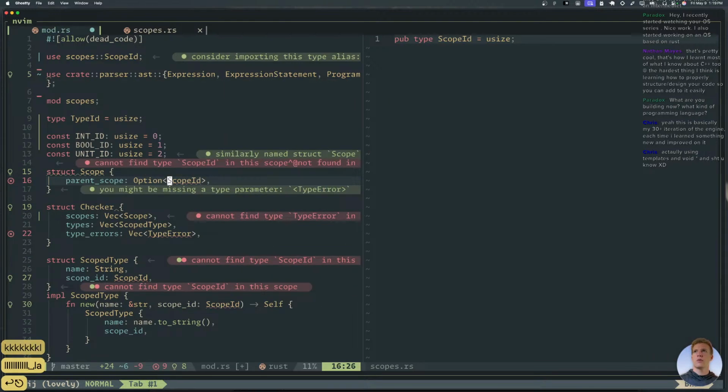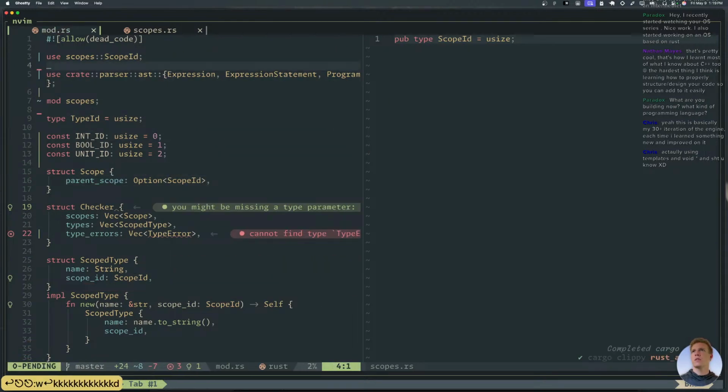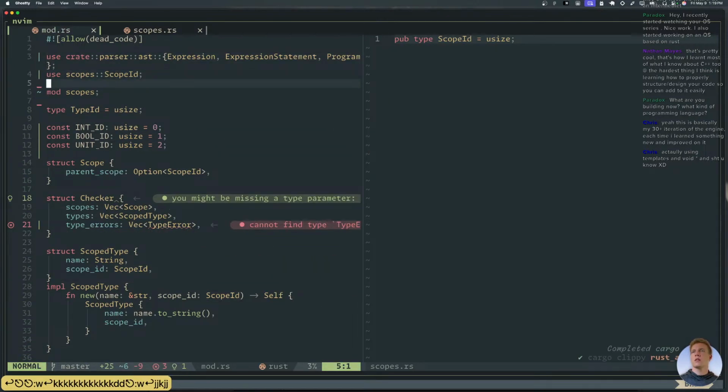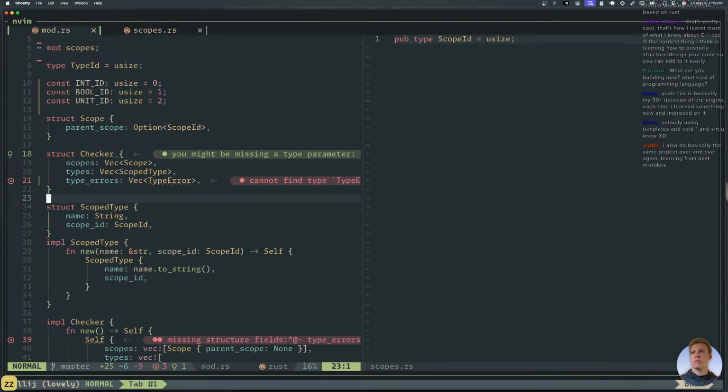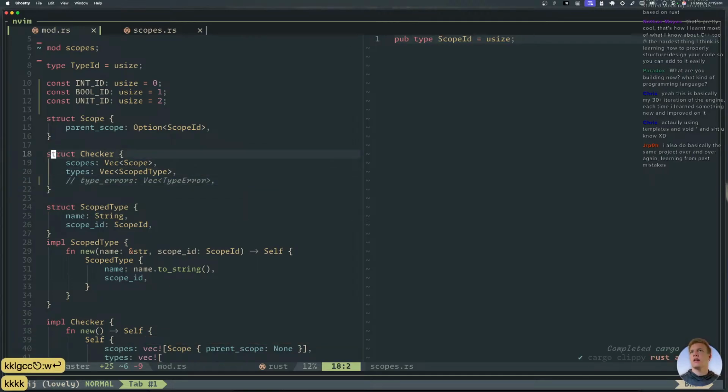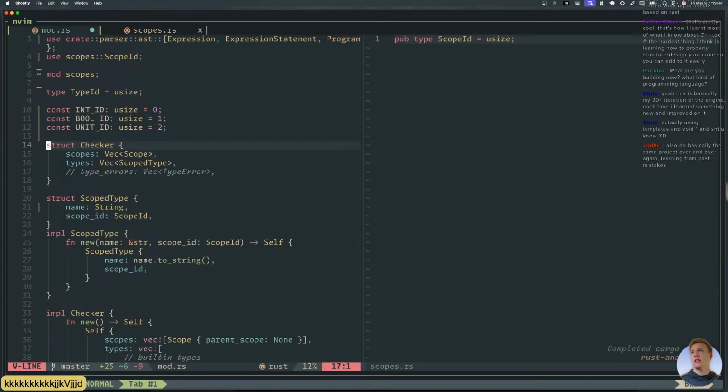And this can be imported from there. Comment that out for now for a second here. Scope will end up over here.